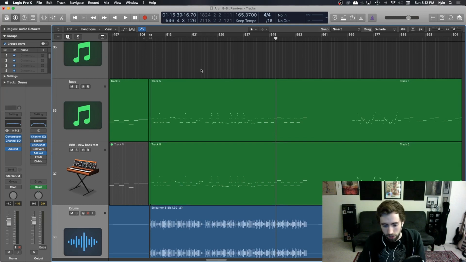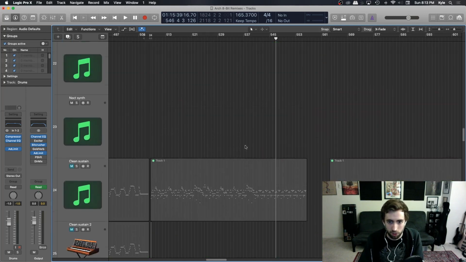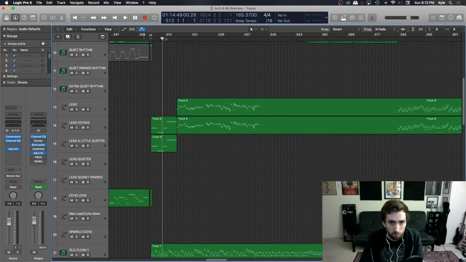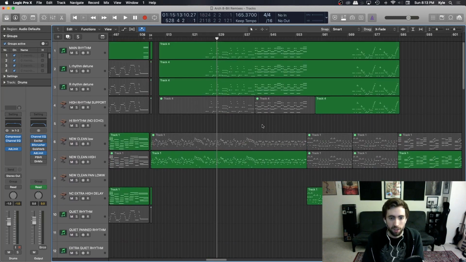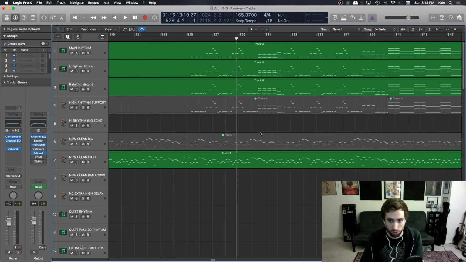And the way I did this was I started with making a rough sound for each of the different instruments I wanted, like the rhythm guitar, the lead, the bass, etc. But then I ended up cutting apart these regions, layering things a lot, moving them around to different tracks, and that's why you see so much stuff going on here, because there are certain parts where I wanted one clean tone, maybe a different tone in a different part, etc. And this is the kind of flexibility that you're not going to get through any basic 8-bit MIDI tracker application. This is where you can actually go through and produce it as if you're producing a regular song,